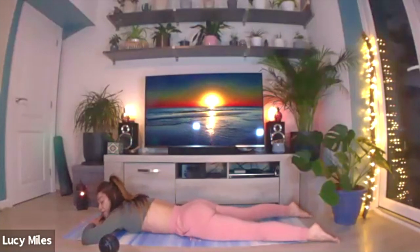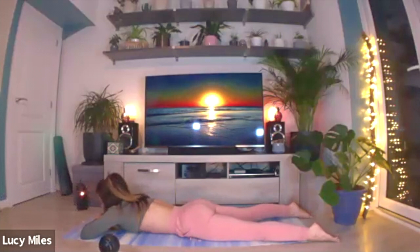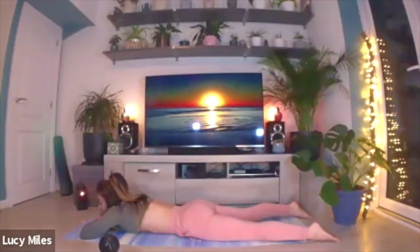Connect to your breath and allow it to filter, to rinse through every cell in your body. Observe any sensation, any movement, and do so without judging or trying to change the outcome. Rise when you feel ready,